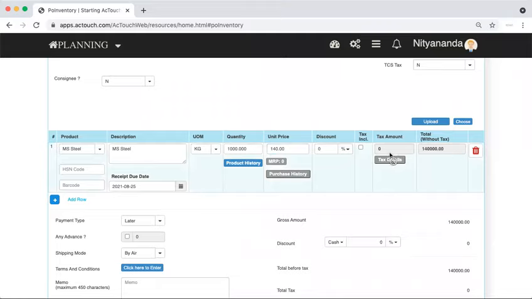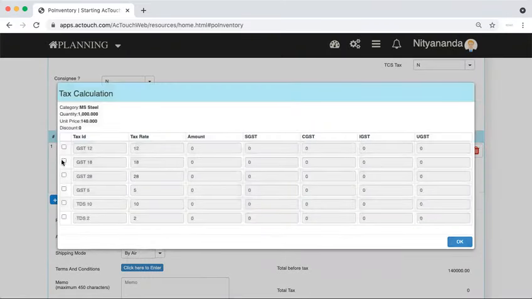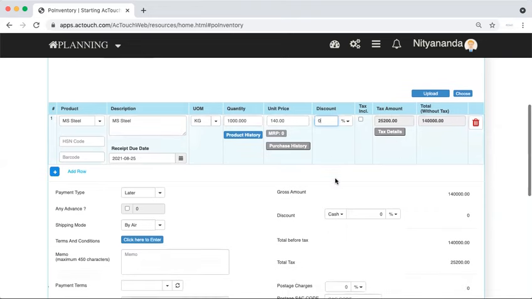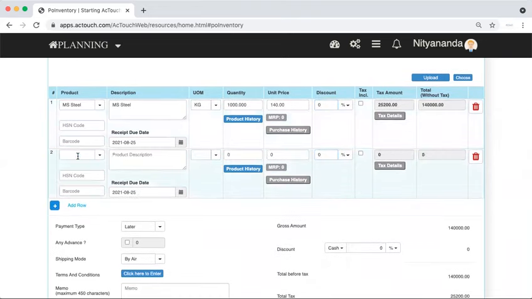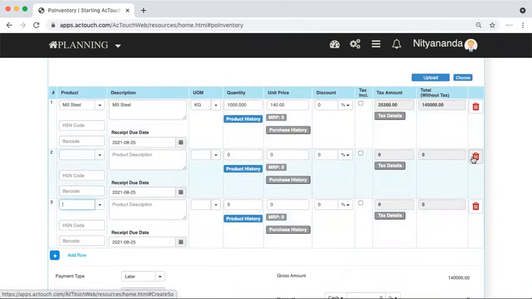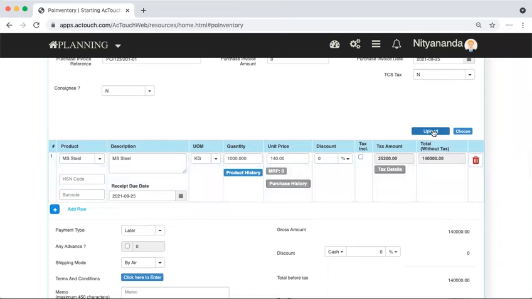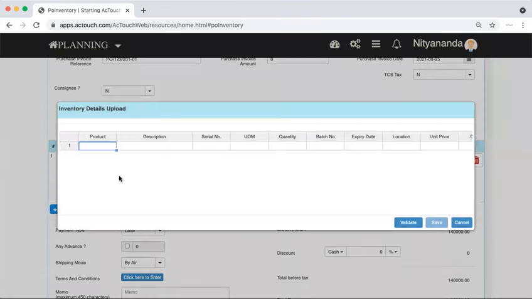So I'll just take a unit price, and the particular applicable tax you can select here. Now, the one point here is, if you have defined the taxes at product master level, those tax IDs will be picked up automatically and you go ahead. Okay. Like that, you can go on adding up to 1000 line items here. At the same time, there is one more option, the upload facility. Let us say I am taking this particular item.